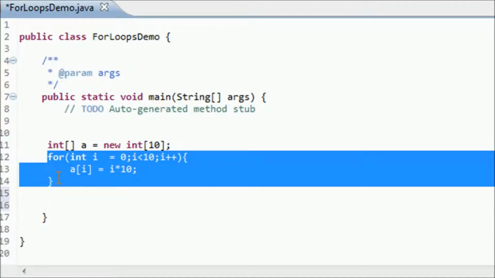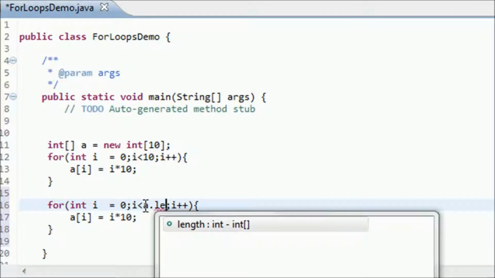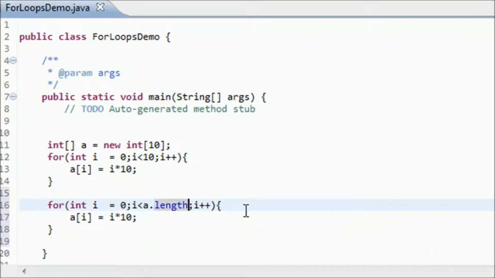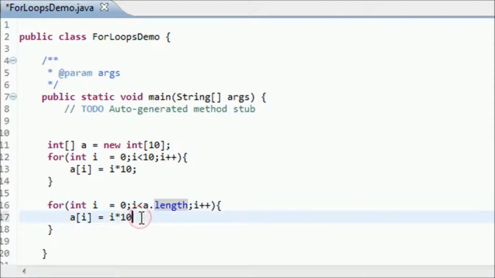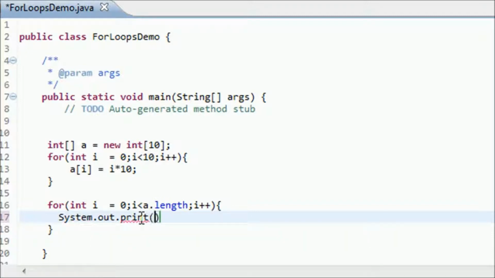Same array, here I initialize, and then I am printing here. i equals 0, i less than, we have a method called a.length, array.length. This method gets the size of an array. Until the array size, which is 10, it will iterate this way, and I am printing this array, A of i, with only some space.